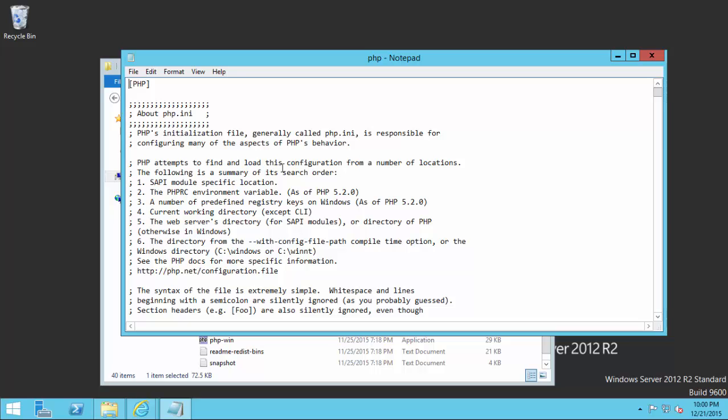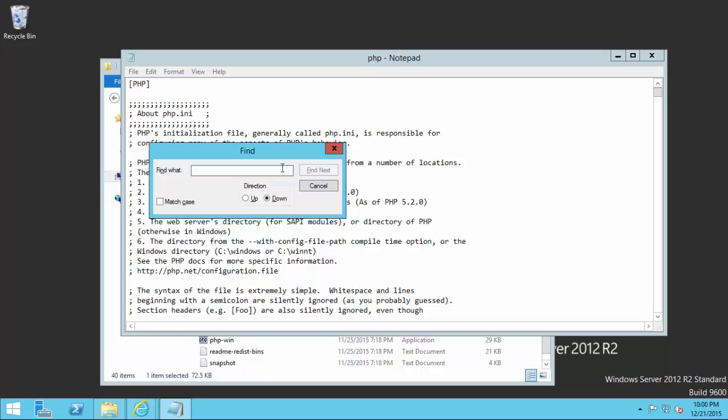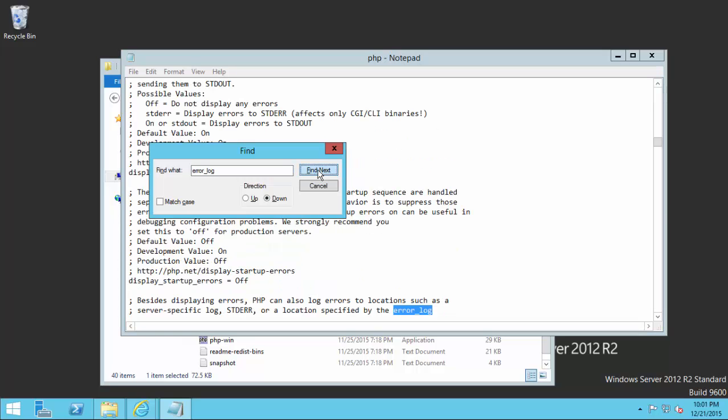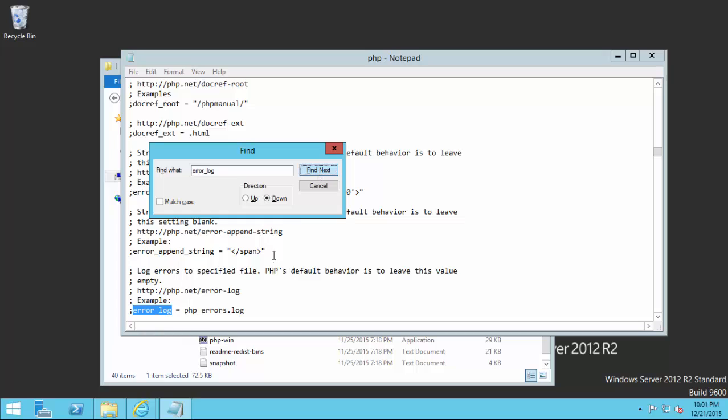So I'm going to click find command and find error_log, find, and I'm going to make changes. Now in PHP files everything is predefined, but everything comes disabled with semicolon. So all you have to do is, if you need to enable anything, just remove the semicolon, and I'm going